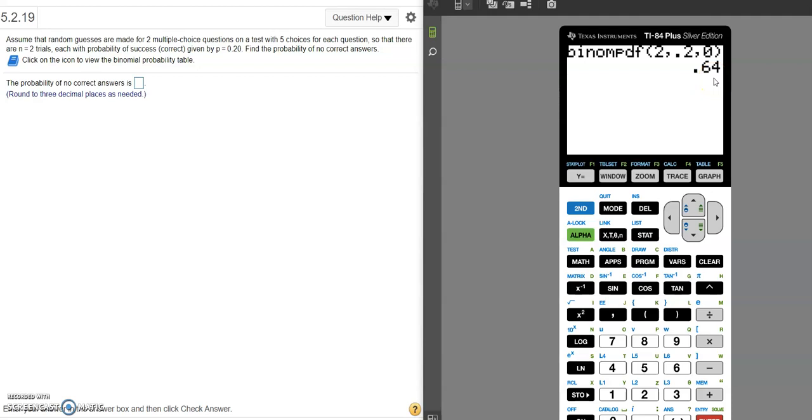That's how I typically show people in class. I'm just going to go ahead and show you in the table as well. The table doesn't work for every single problem. It only works for certain n's and certain p's. But if I go ahead and show you the table here,